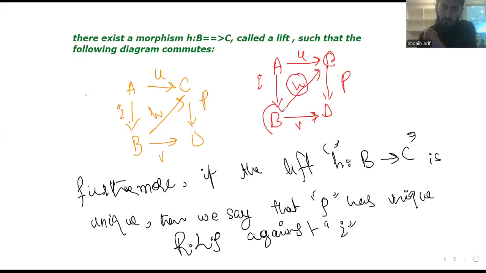H is a morphism from B to C. If this type of morphism exists and the square diagram commutes,